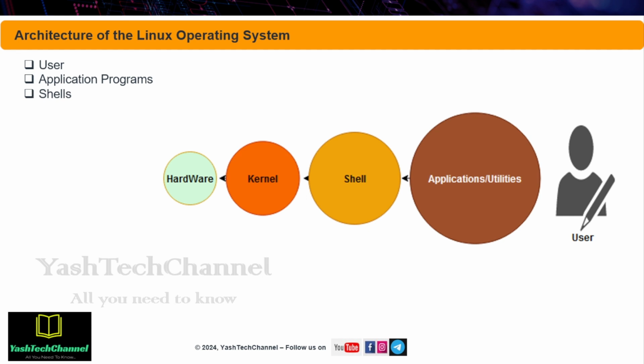You need to execute some commands. Those commands are automatically forwarded to your operating system behind the scenes. So the shell interprets user commands and executes them, and provides a powerful and flexible interface for the system administrator